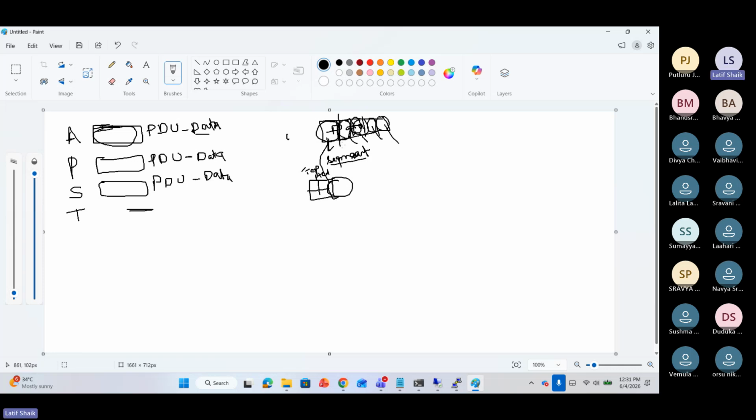Once data is segmented into several pieces, our transport layer puts a number on it. So the sequence number, arranged 1, 2, 3, 4 like that. That is the segment sequence number. Okay. Next, how many